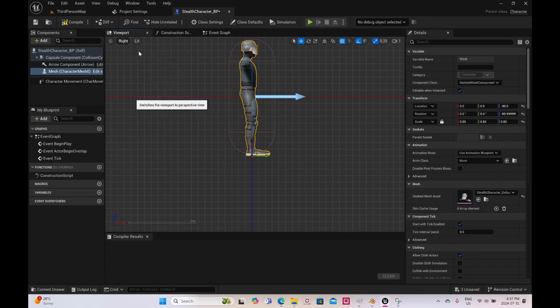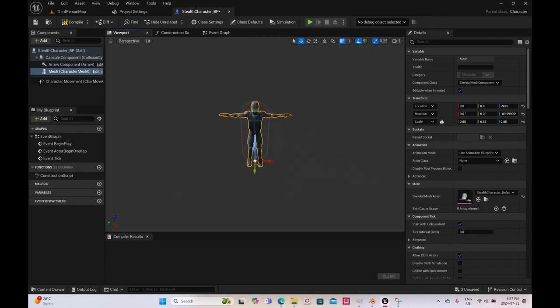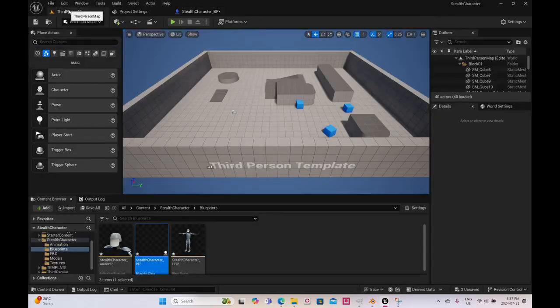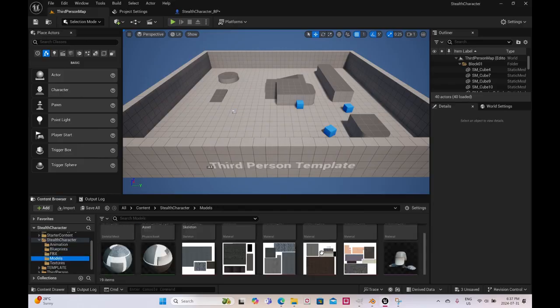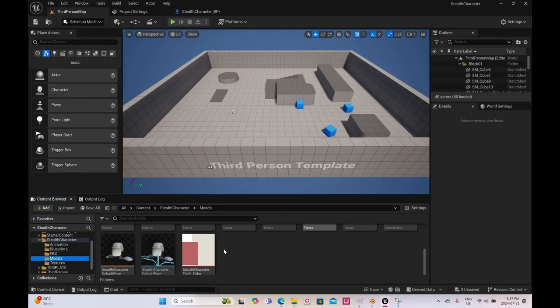Capsule looks kind of fat, but I'll leave it for now. I also want to add... let's go back into the models. I'm going to create